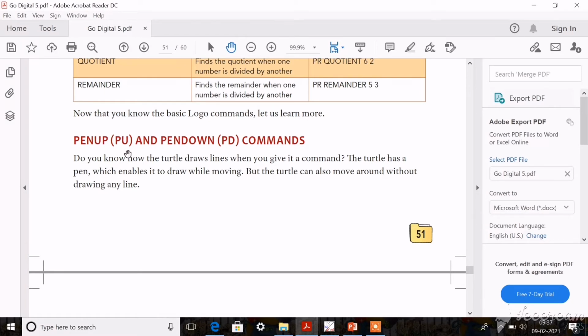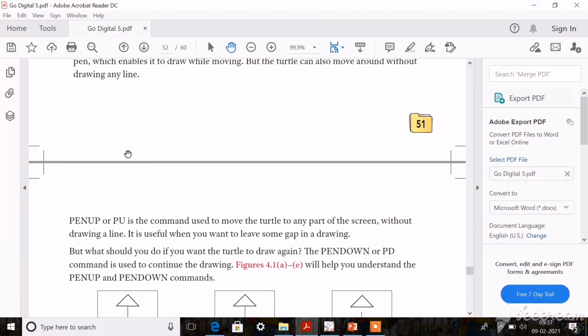When you use this command, this will enable you to draw while moving. Okay, so actually it will enable you to leave a space and draw. Okay, it will enable you to leave a space in between your drawing, and it will make your drawing to have a space.